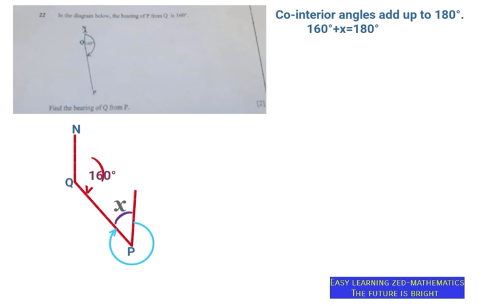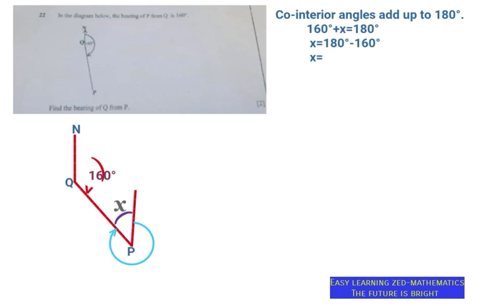So what we're going to do now is put like terms together. As you can see, 160 degrees is not a like term to X, so we're going to put X alone. As you can see, 180 and 160 are like terms, so we're going to put those terms together. So we're going to write X is equal to 180. Then 160 will cross the equal sign and go to the other side, which means it's going to become negative. So it will be minus 160 degrees, which will give us X is equal to